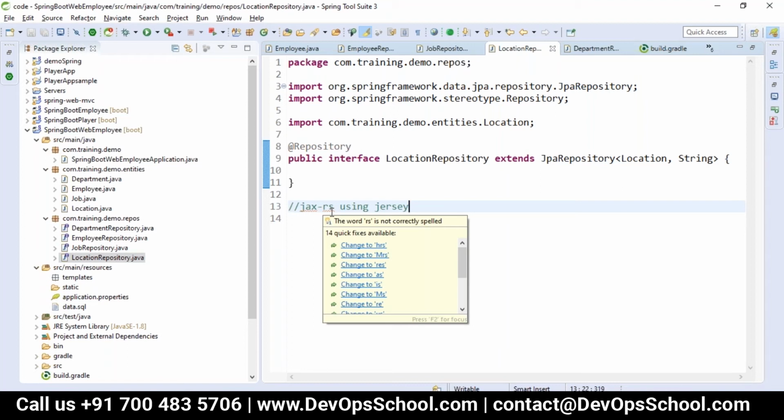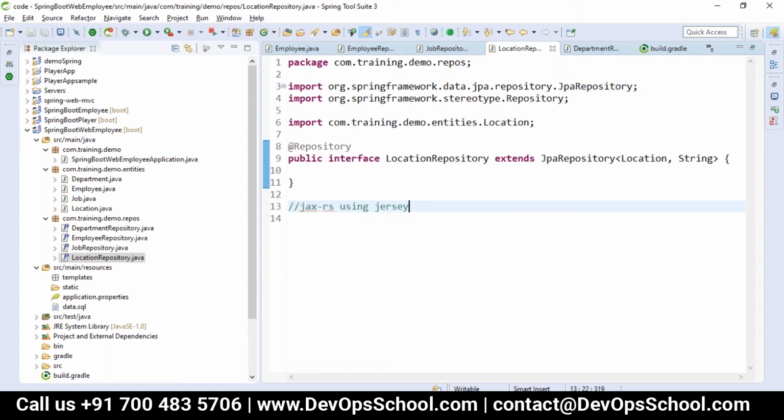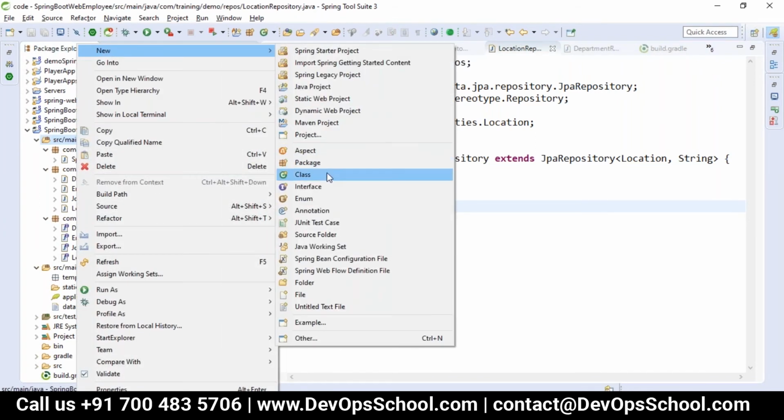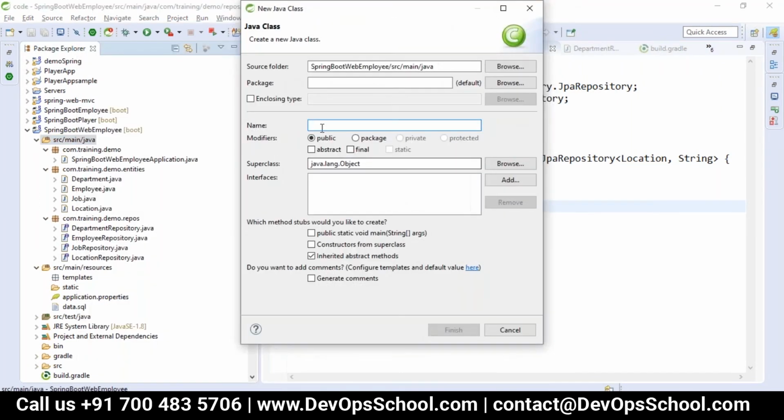So there are different libraries to work with REST applications, right? As we are taking care of REST, it will require configuration code, but Spring Boot already takes care of all your configuration. You need not do any configurations. So here we'll create another layer, which I will make here, EmployeeController.